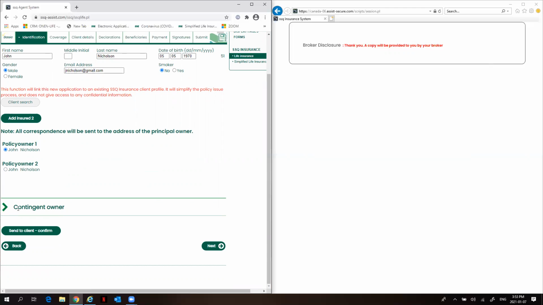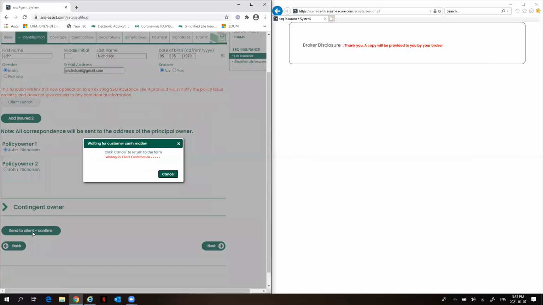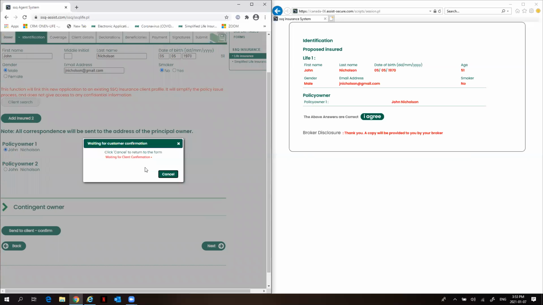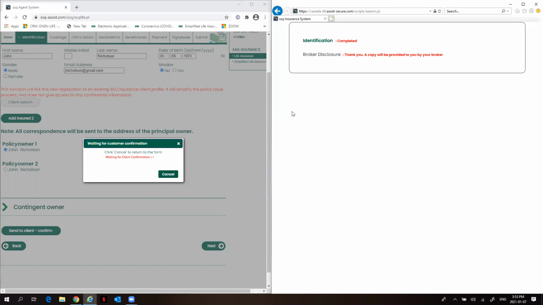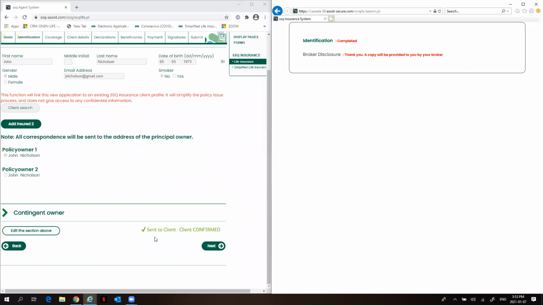Otherwise, we've now completed all the information requested. We're going to send to the client to confirm. We're waiting for that confirmation. And then you'll notice on John's screen over here, the information in red again is what we, the advisor, filled out and need John to agree to before we can continue. When John looks it over and he agrees, we click the button that he agrees. We will now get the green check mark on our screen that the client's confirmed, and we can move on